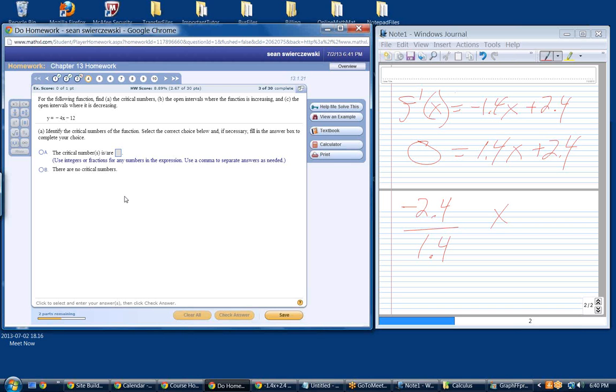Would the critical number just be 12/4? Or 3? No, that would be taking this function and solving for x, which is the mistake I made on the last problem. In other words, on the last problem, to find the critical number, you took the derivative of the function and found what value of x made that thing 0. Well, no value of x makes the derivative 0. So